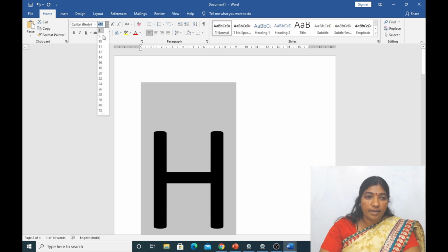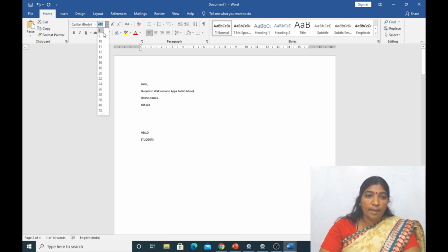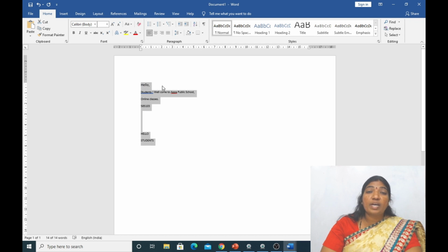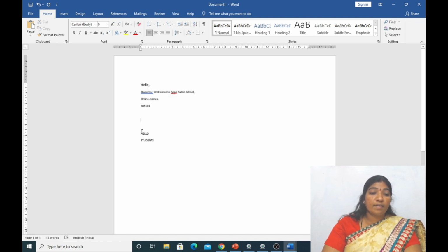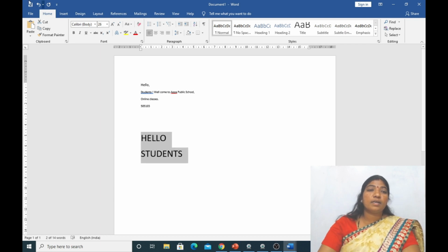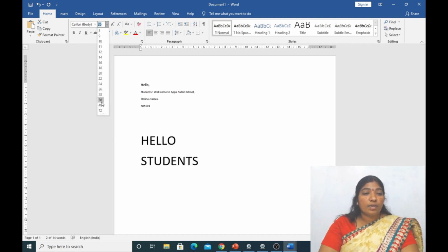Yes, there is a difference. I am increasing the font size of what I entered first and the next which I entered with caps lock. That also I can make in increasing order.